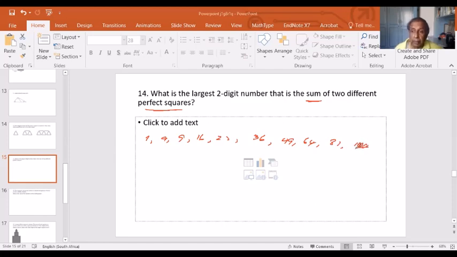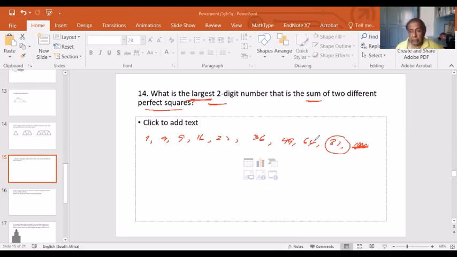Now you have to eliminate this because you are talking about only 2-digit numbers. So I'm going to add 2 numbers from this lot. These are the perfect squares. I'm going to add 2 numbers from this lot, and I want to try to find the largest possible answer that you can get. So evidently you have to start with 81